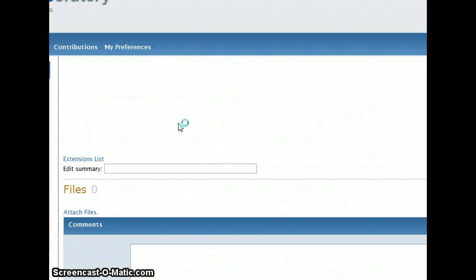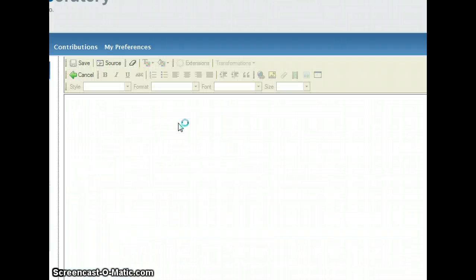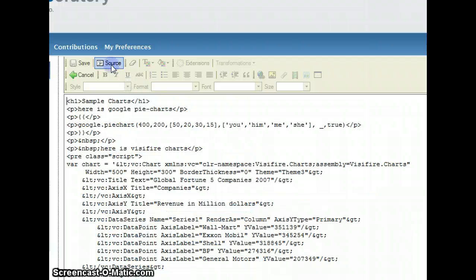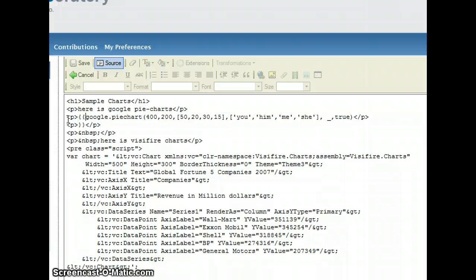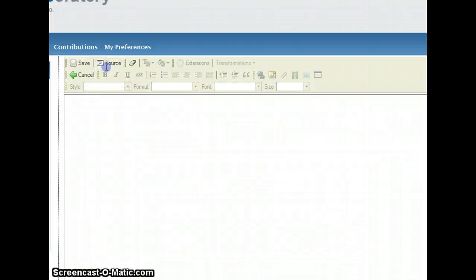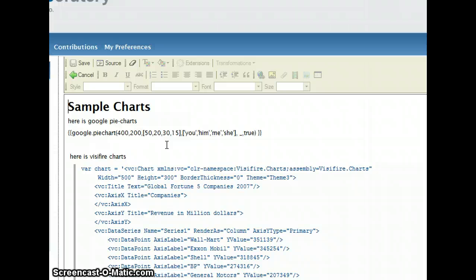The reason why is that when you hit enter in normal editing mode, it turns every new line into a new paragraph, and that for DekiScript means it's not going to be interpreted. However, if instead of enter you hit shift enter,